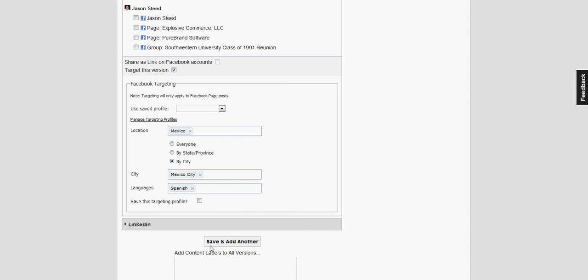Obviously, this is super important for those of our clients that have brick and mortar locations, local discounts, local short-term deals, or just very specific prospect targeting. So that's how you can save and approve right away. You can save it as a draft to come back later, and that will be inserted, as I said, into the master calendar,